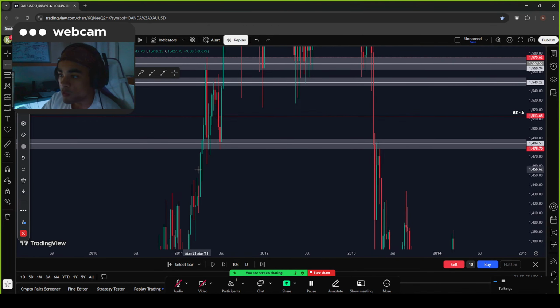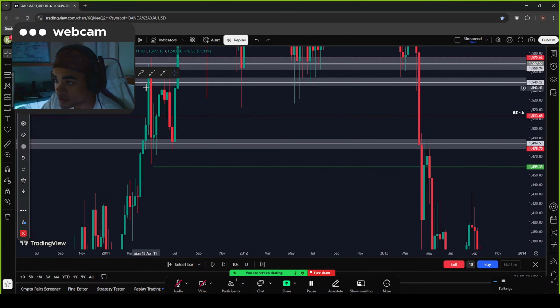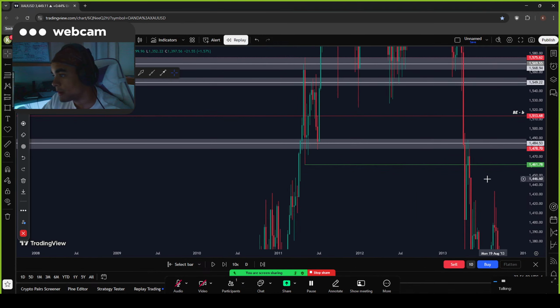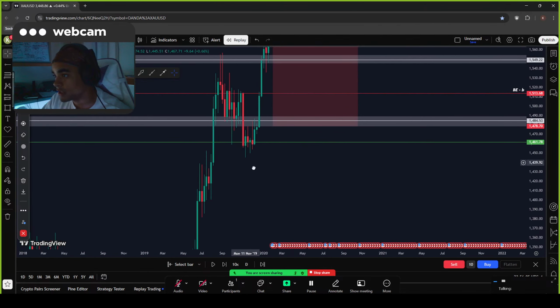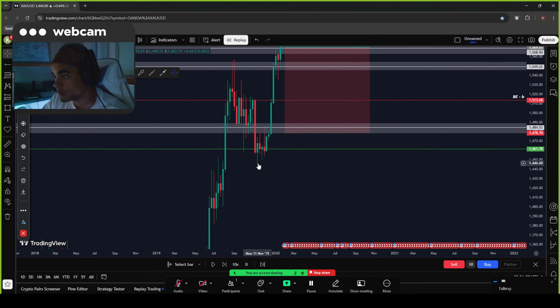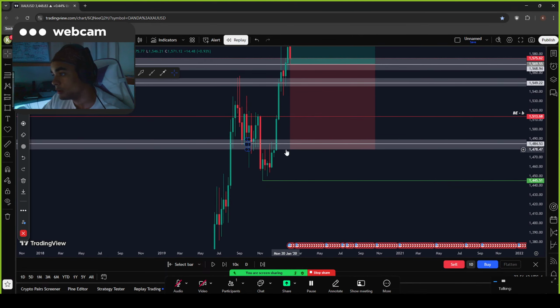Now, where's my bottom wick to completely negate the trade idea? It's anytime price is inside the range and forms its lowest wick. So from what I can see, it's here. If I go right, you can now see that price came all the way down to here before shooting back up. So I'm going to move that to this level. Okay, so that's my